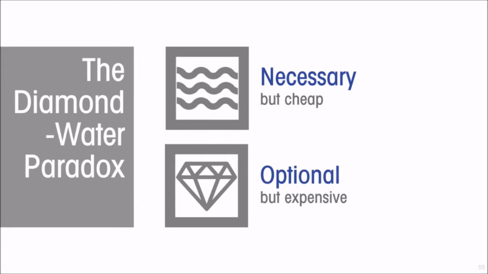Appreciating the role of prices as a barometer of relative scarcity allows us to resolve an old-time teaching tool of economics called the diamond-water paradox. And the paradox is that water, which is literally essential to life, that without water, you die within a few days. So everybody must have water, but it's cheap.